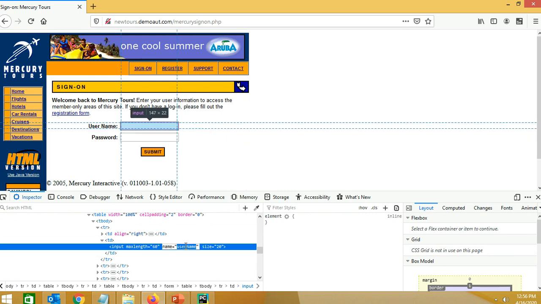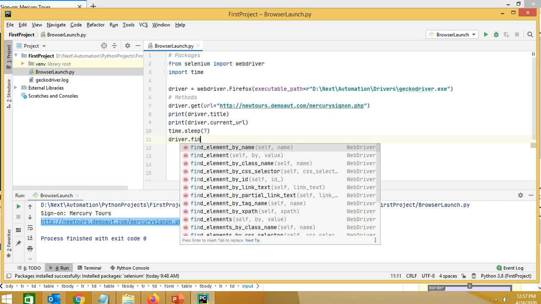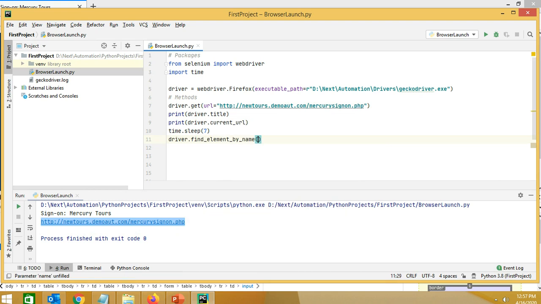We can take the username out there and use driver.find_element_by_name, use the username, and pass this in a variable, first name, or I would say username.